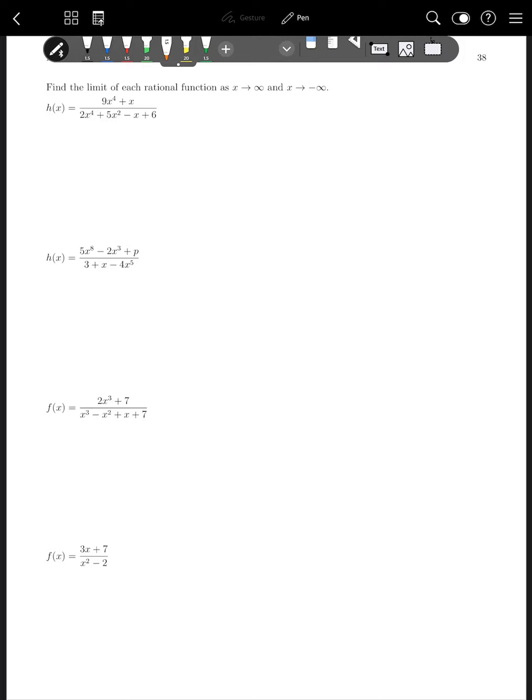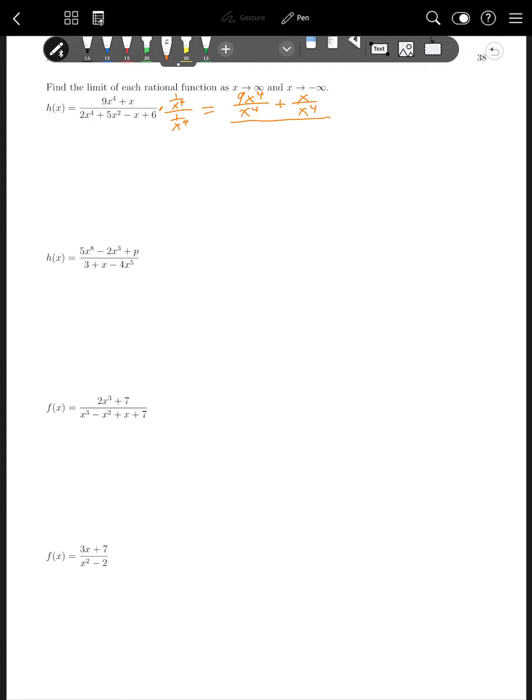So what we want to do if I want to find these limits is rewrite these as some version of 1 over x to a power. And the easiest way to do that is just multiply by 1 over x to the highest power in the denominator. The highest power in the denominator is x to the fourth, so this would be 1 over x to the fourth times 1 over x to the fourth. If we do that, then our function becomes 9x to the fourth over x to the fourth plus x over x to the fourth